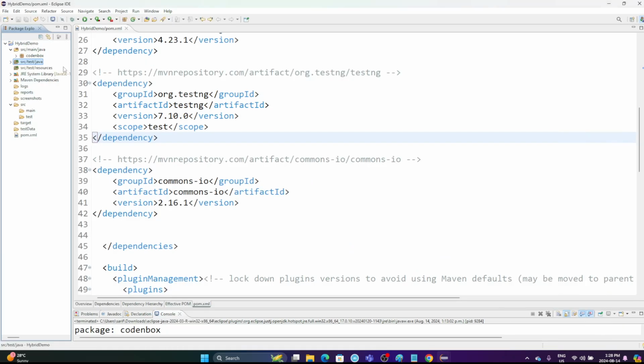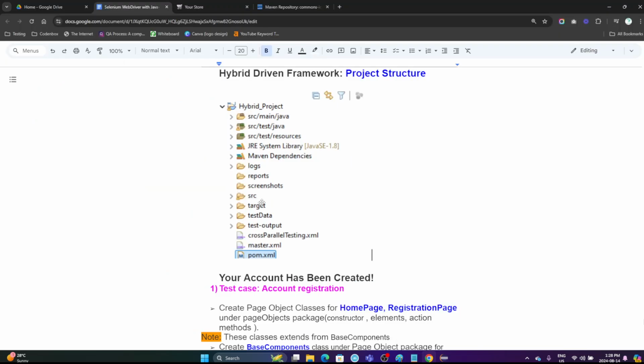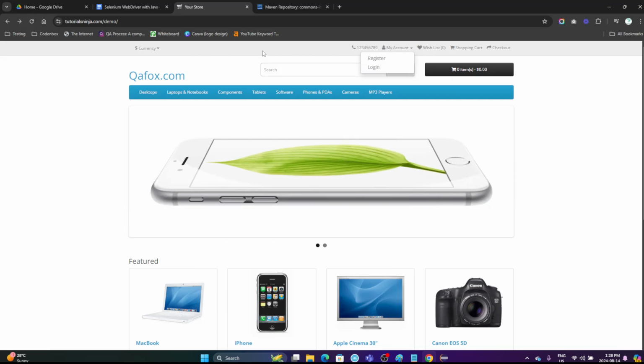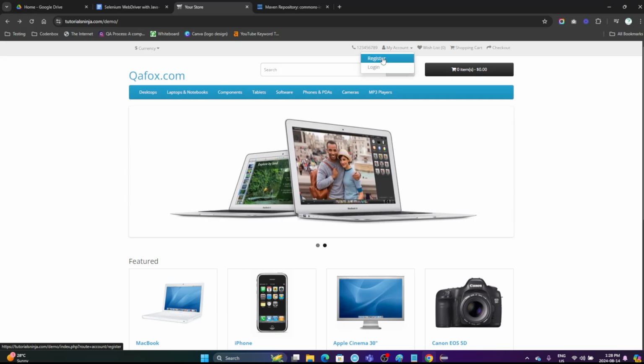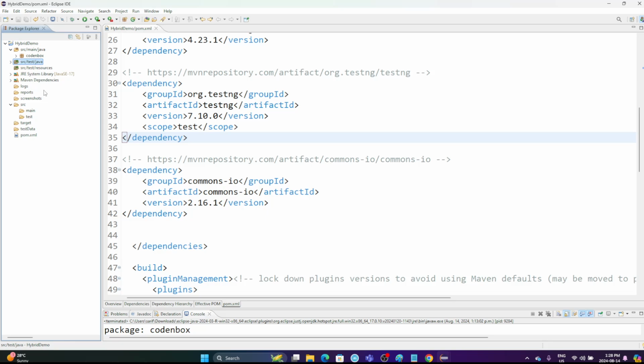So let's go to our application. As I said, we have two pages. One is the home page, where we click on my account and then register, and then we have another page called the register page. So it's two pages, and we have to create two page object classes. Under source main Java,